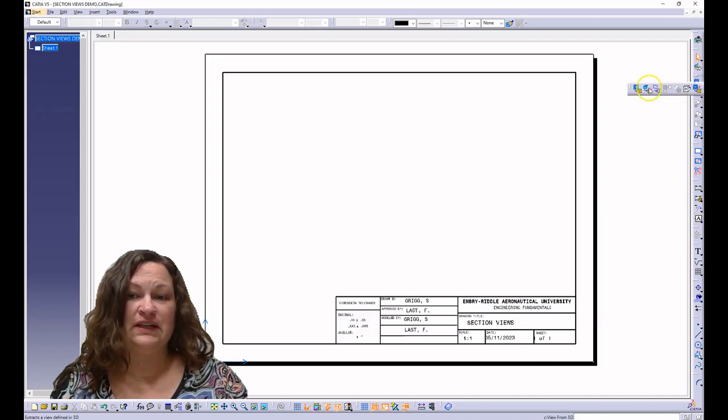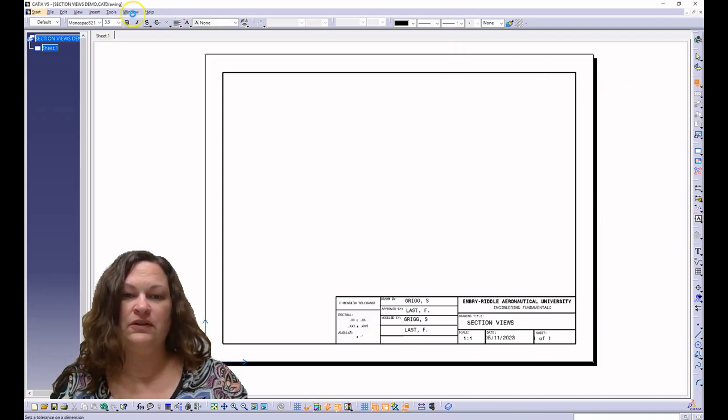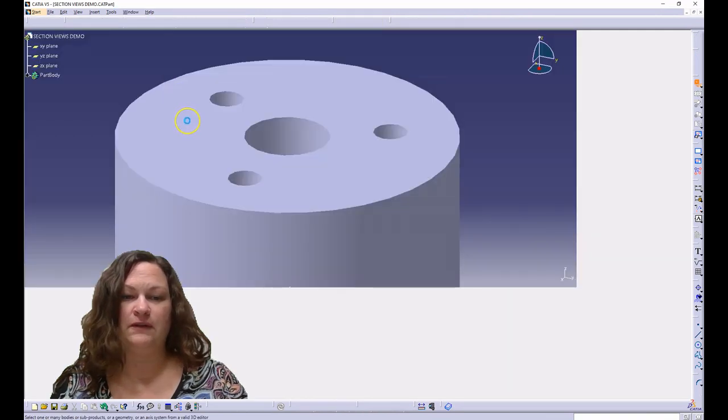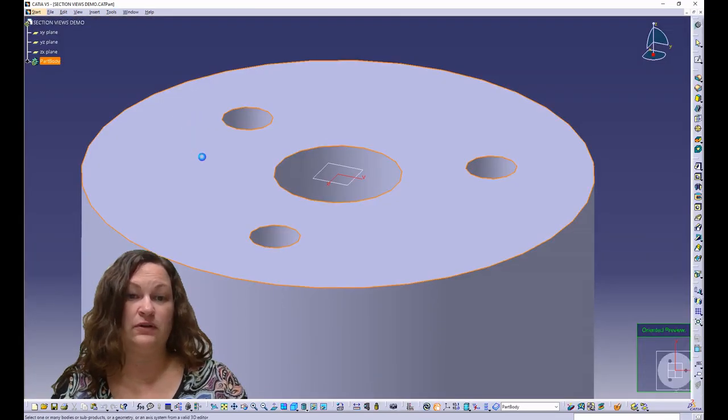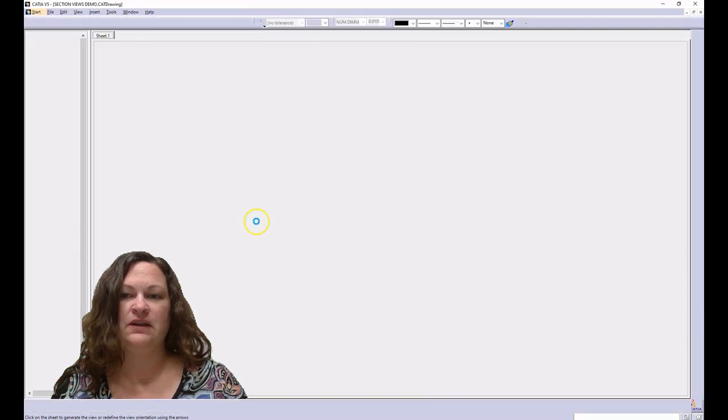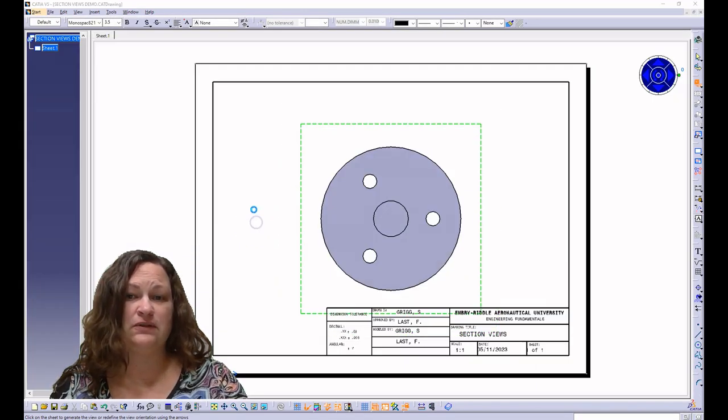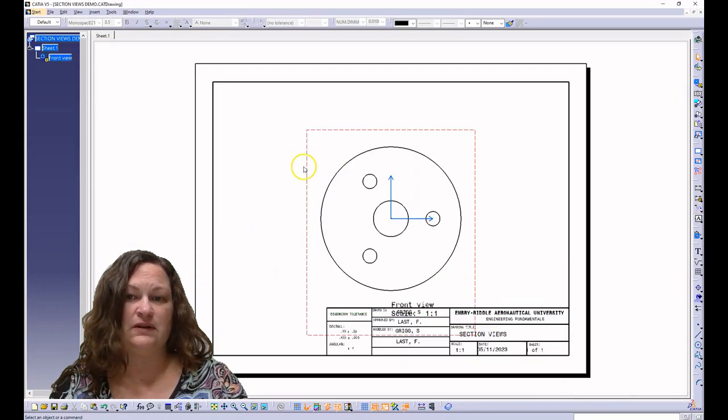I want to show you how to create section views. So when you're drafting, you're going to have your normal orthographic views, but you can always replace one or several of them with section views. We have three main types of section views, and I'll show you those and how to create them in this